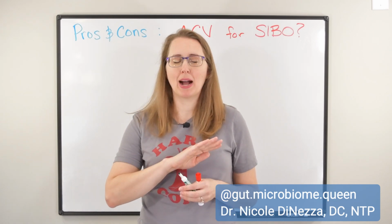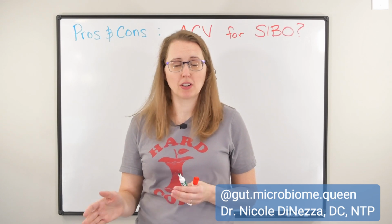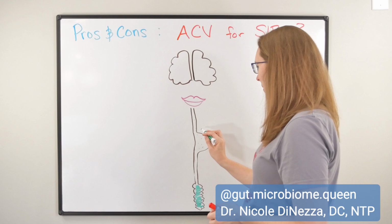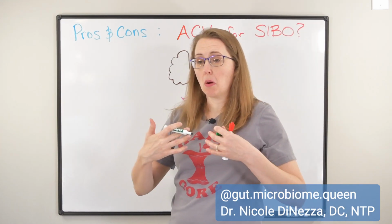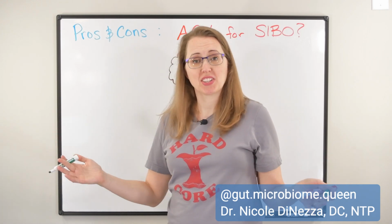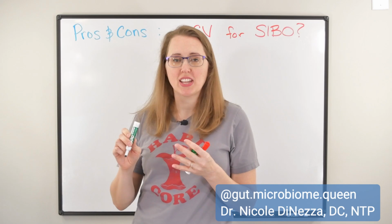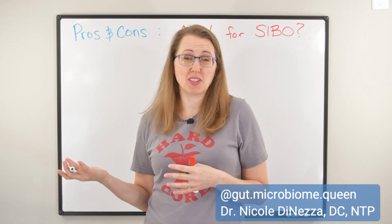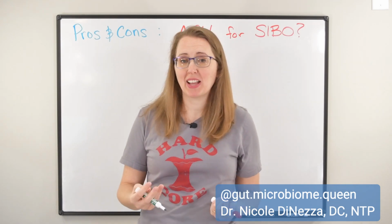So number 1, probably the number 1 thing that gets talked about with regards to using apple cider vinegar, particularly before meals, is that it can help you boost stomach acid. And this doesn't seem like a big deal considering that everybody and their brother wants to suppress stomach acid. All of us, at least in America, are popping Tums and Prilosec and Zantac out the wazoo, and we tend to think of stomach acid as a bad, evil, horrible thing, when in actuality, we need stomach acid to digest